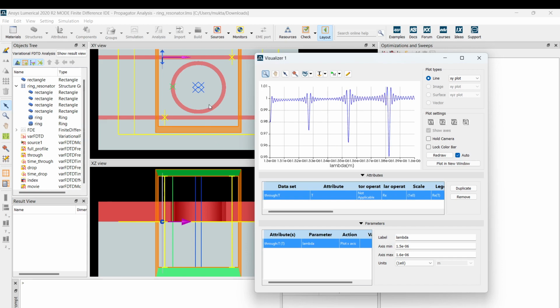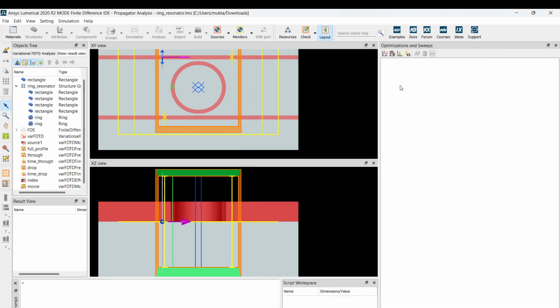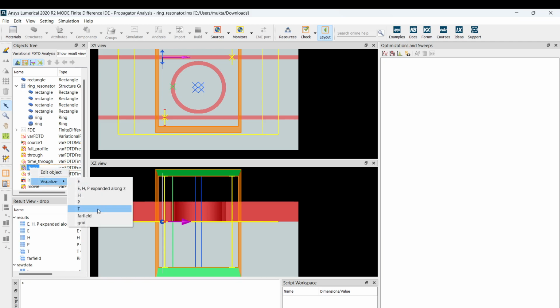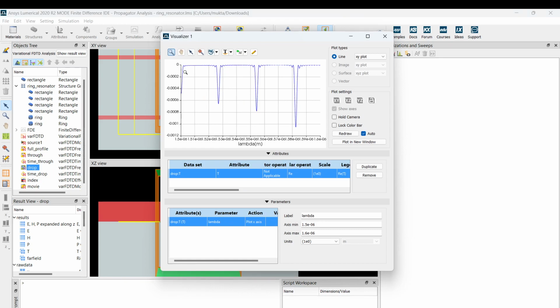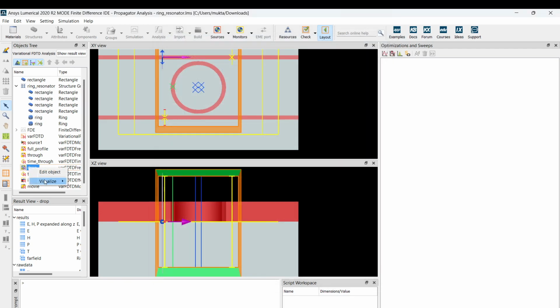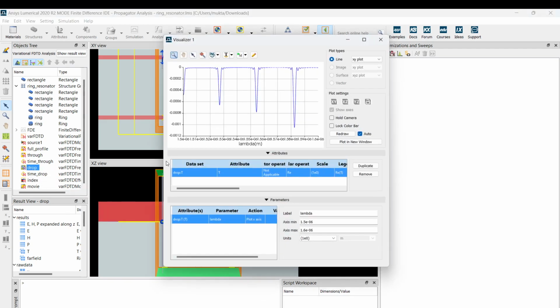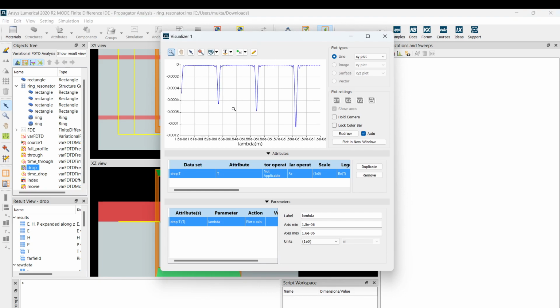That means that those wavelengths are getting coupled in my ring. Let's look at the drop port. Although we saw that the losses were high, we still see some power at the drop port. Okay.